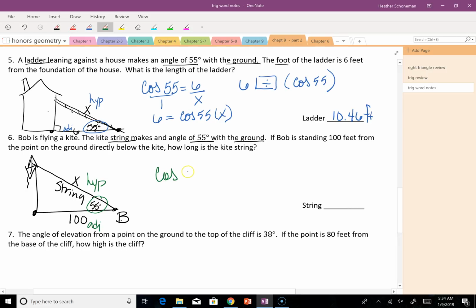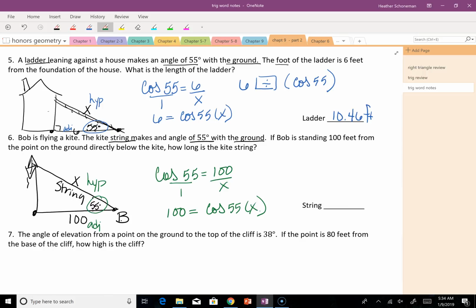So the cosine of 55 equals adjacent over hypotenuse. So think about when you cross multiply. This is going to be 100 equals cosine of 55 times x. So to solve, you got to divide. So 100 divided by the cosine of 55,